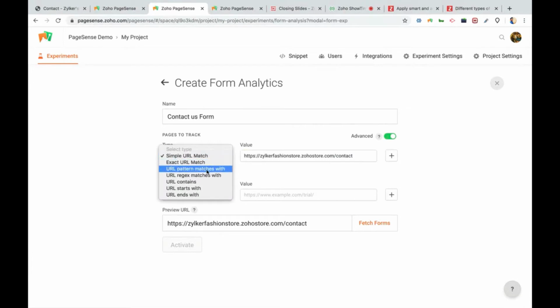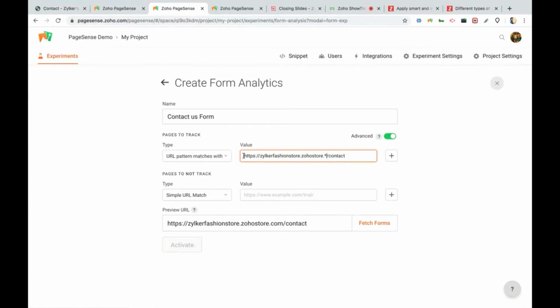And here comes the URL pattern match. This will help you in case you have multiple pages and you want to target them. For example, let us say I have my site hosted across multiple domains, for example IN and EU. All I'm going to do is type an asterisk here, which is going to act like a pattern.